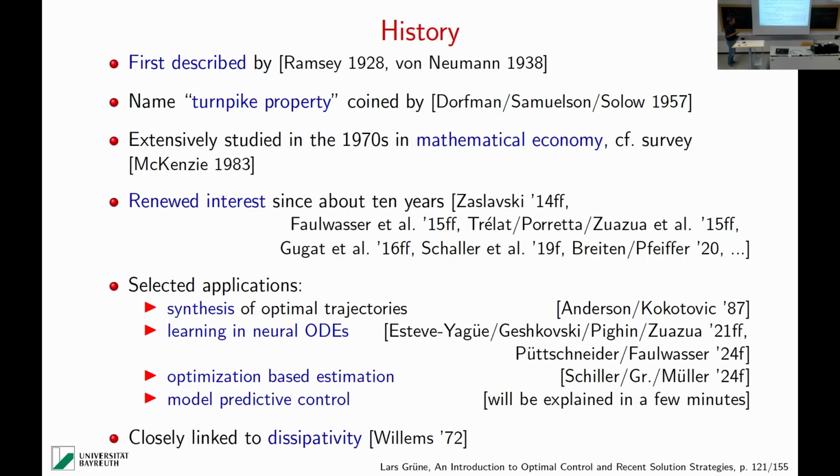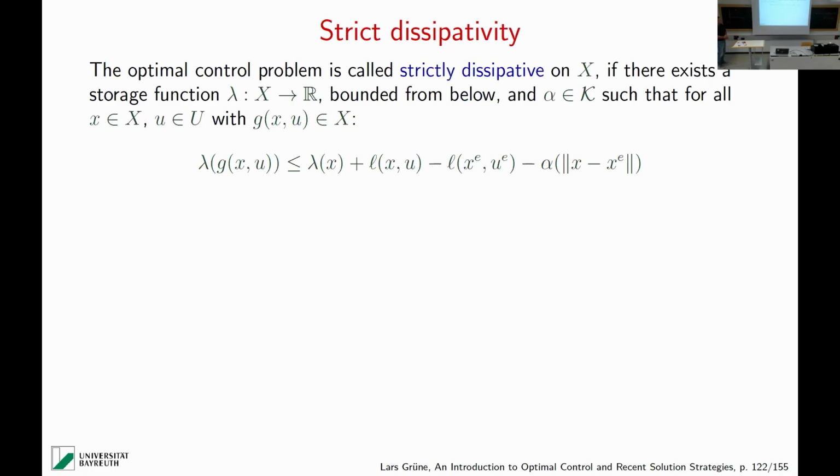Before I do that, I would like to say that there's another very classical property which is very closely linked to the Turnpike property. This is what is called strict dissipativity. And this is something which at first glance looks completely different. It's like an energy balance inequality. If you consider this lambda, which is now a new quantity, it's not the co-state that we had before. If you consider this lambda function, which is called a storage function up here, as a measure for some energy that is in the system, then